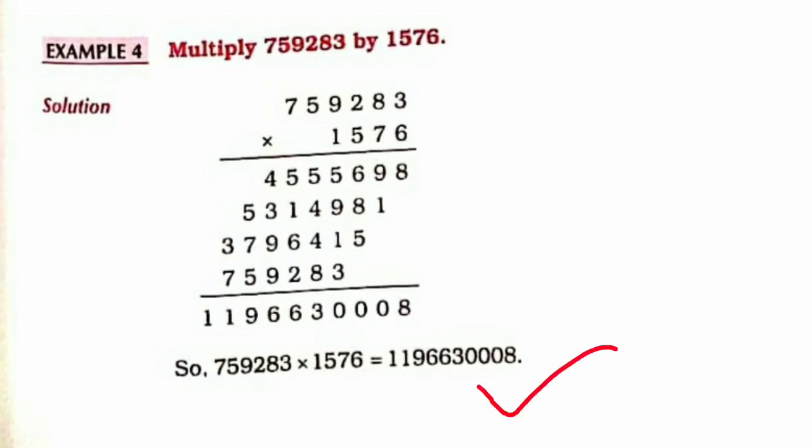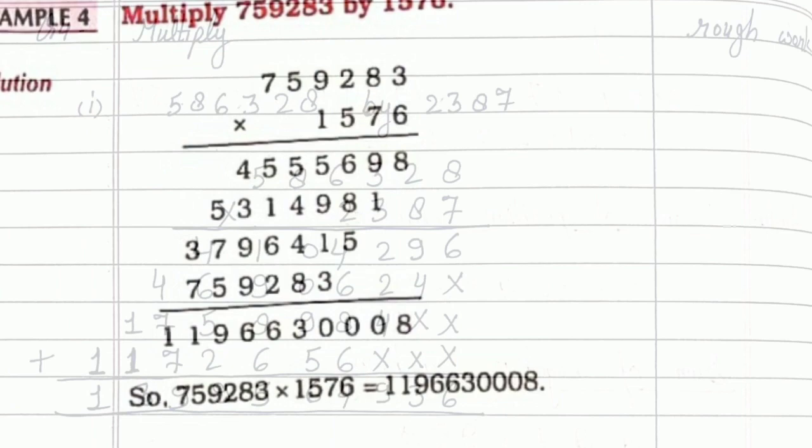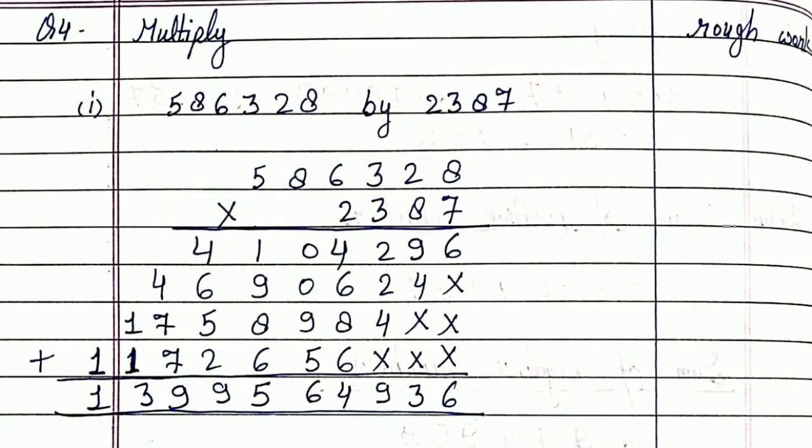Now see the question also. See in this question, here we will start from the ones place. We have arranged all the numbers in their correct position in the correct column. Ones digits are in the ones column, tens digits are in the tens column, and all the digits are in their proper column. So now we will start from ones, so we will multiply this whole number by 7.